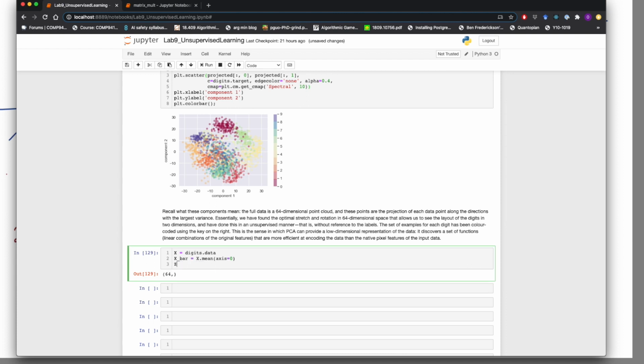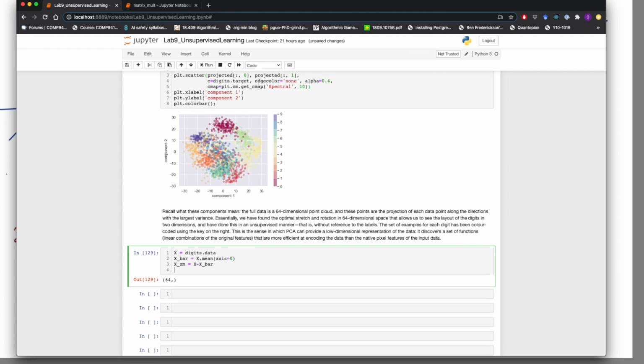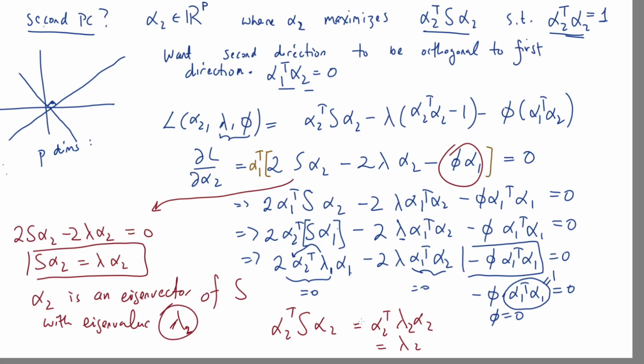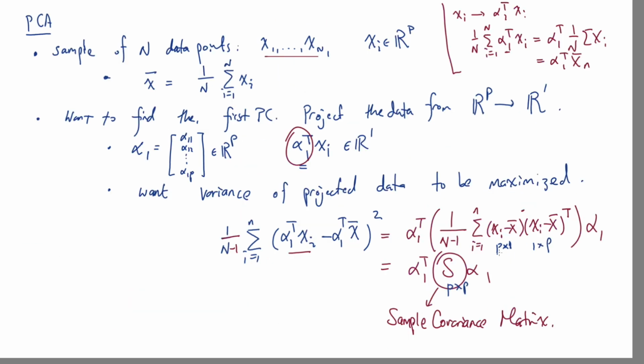Okay, and I'm going to call X zero mean just equal to X minus X bar. And this is actually a subtle point. When you're doing PCA, you need to standardize your data. The first thing you need to do is take the mean away, okay? And you can see that from the way we defined the sample covariance, it's xi minus x bar, so you subtract the mean. But one thing to be careful about is that